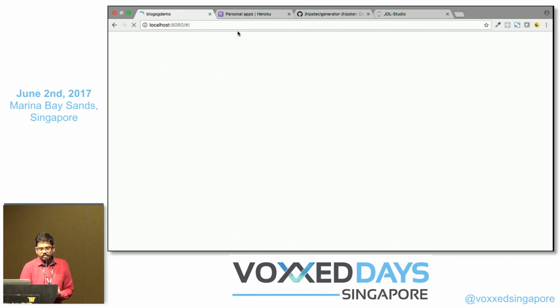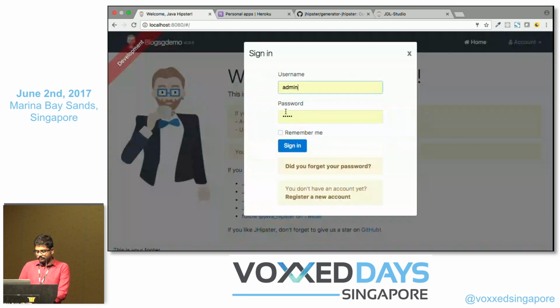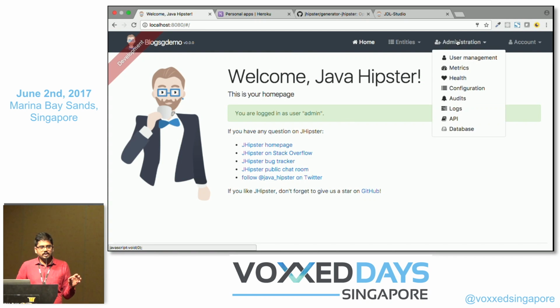So this is the basic application that you will get. You do have a login module and a user management module, and we have a couple of other modules. I'll show it now. This is a completely Angular 2 generated application. Upon login, this is your home screen, and you have a list of modules here, the user management, where